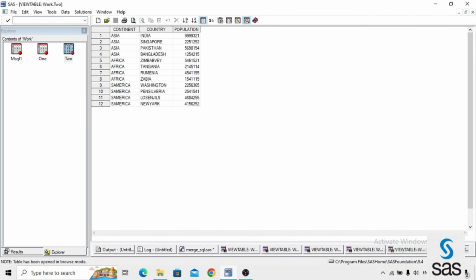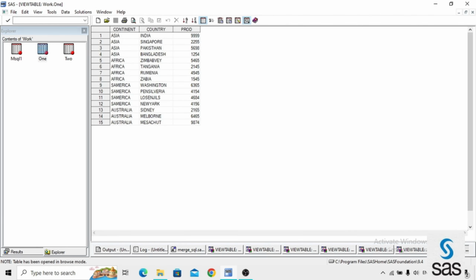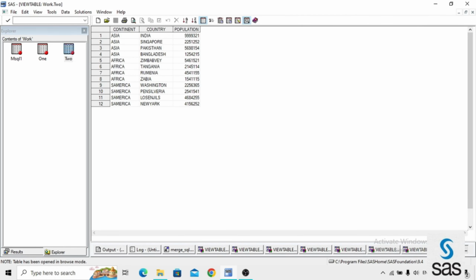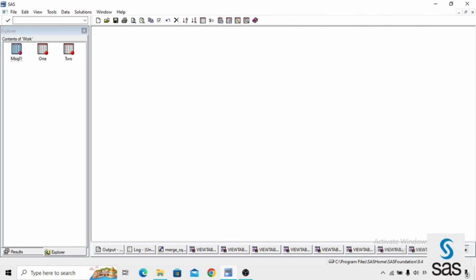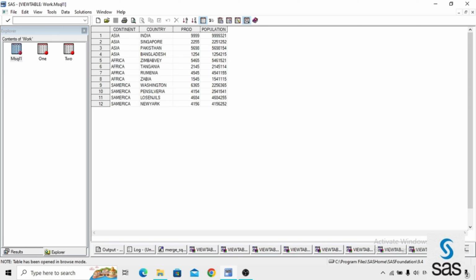It means we are getting only the common ones. In A we have Asia, Africa, America and Australia, but in B we have only Asia, Africa and America. That's why in MSQL1 we are getting only the common observations from both data sets, and that too with the added variable.